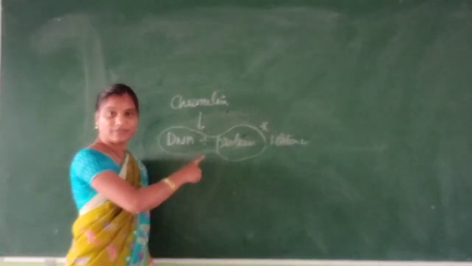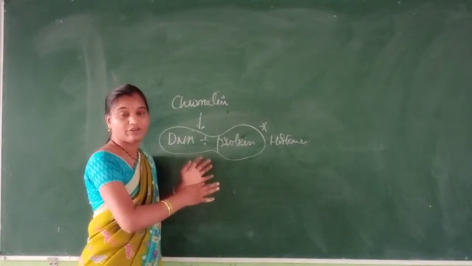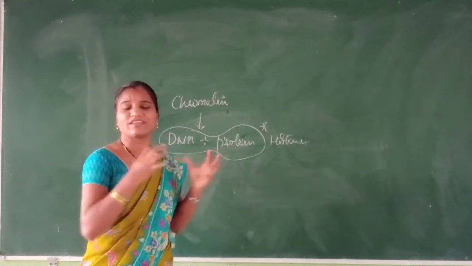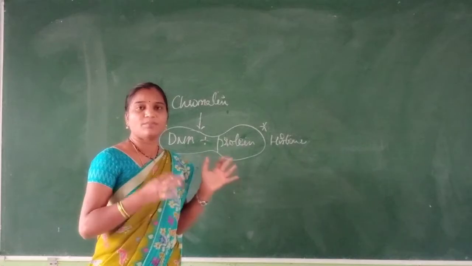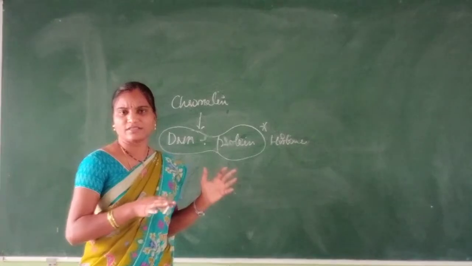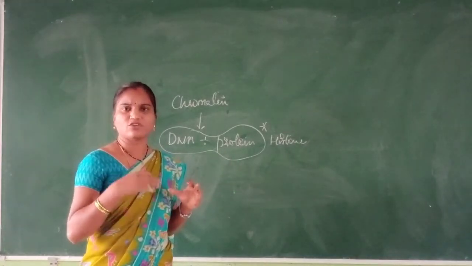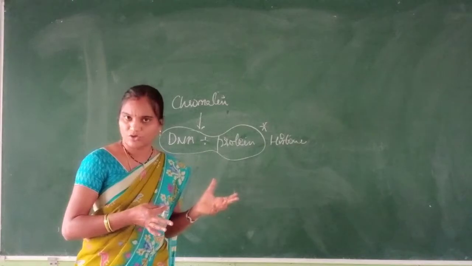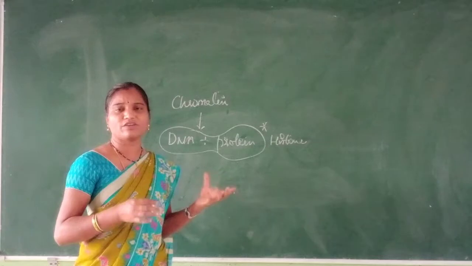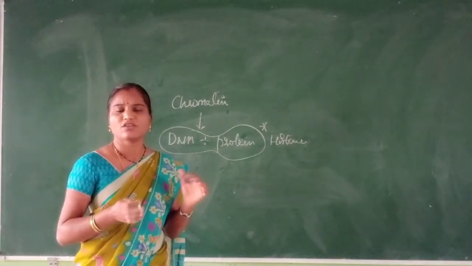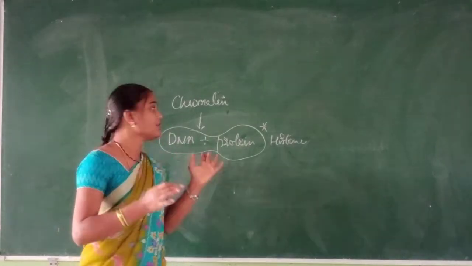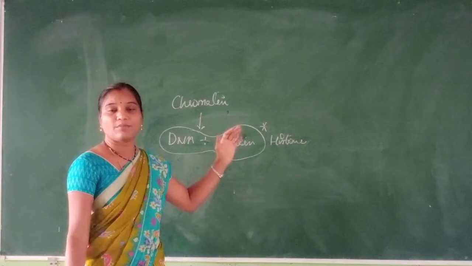What I am explaining is exclusively in eukaryotes, because in eukaryotes the DNA is in a very condensed form, as I said earlier. But in prokaryotes, the genetic material is present in the cytosol. It is also complicated, but not as much as in eukaryotes, isn't it? In eukaryotes you have both coding and non-coding regions, so there are different functions that you will be learning in the coming sessions. But as of now, I am explaining chromatin.